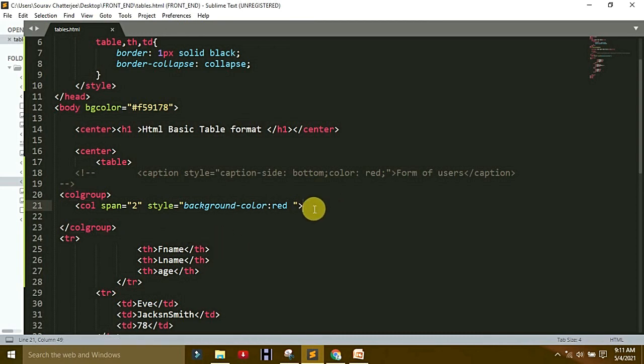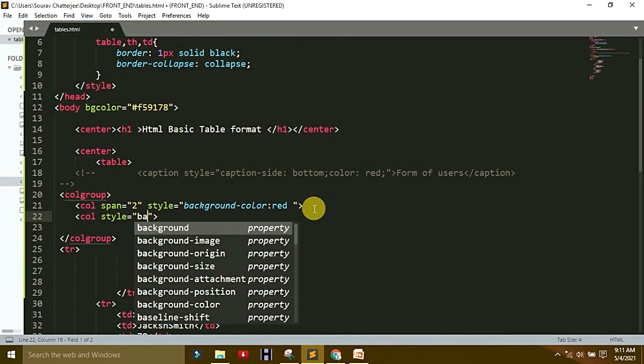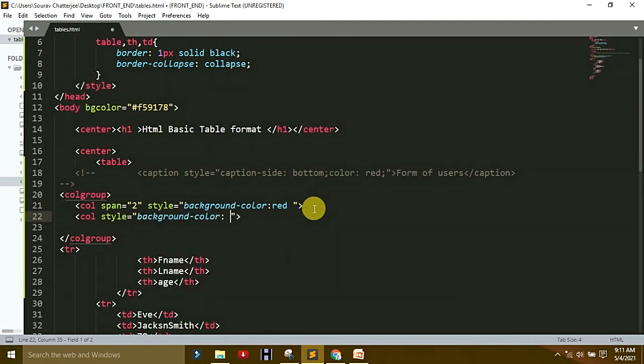So col span again, a new col, because we are changing the color. Col, and after col, same, but not span 2 or span 3, only the style tag, background color, and the background color is yellow.